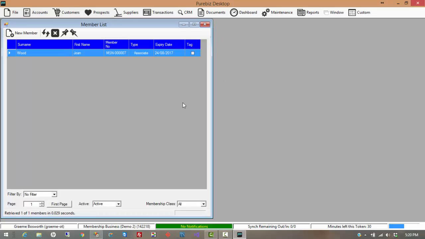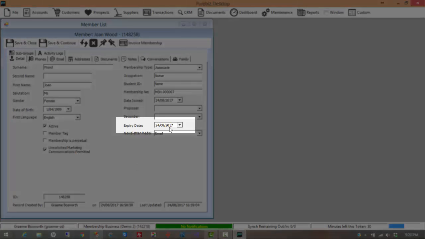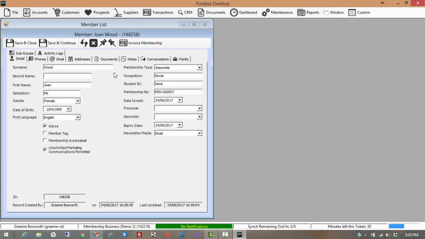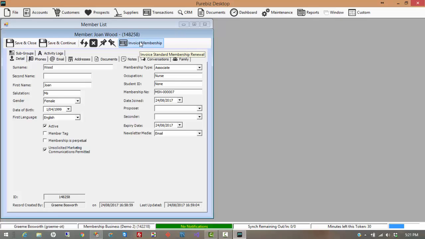So let's see how this works. We'll go to CRM, we'll go to our membership. We have one member in there, and you'll notice that their expiry date is 24th of the 8th, 2017. We'll go and write them an invoice because their membership is about to expire. We'll invoice the member,